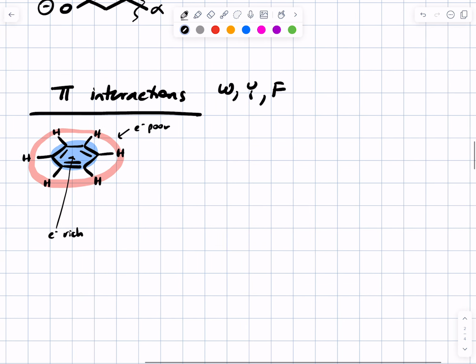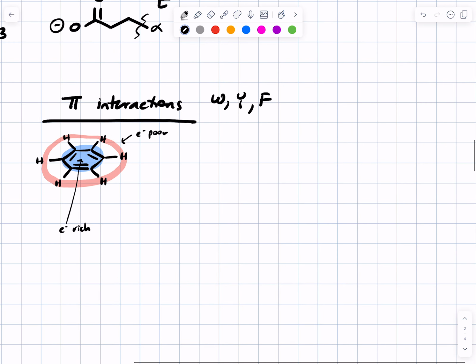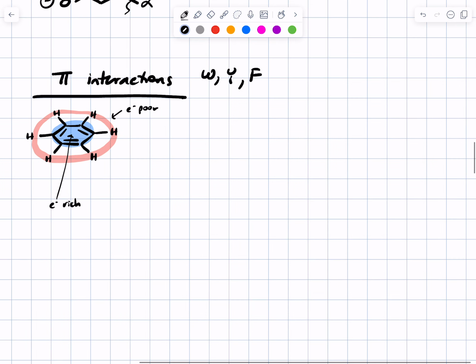And that means that you can no longer think of benzene as being totally nonpolar. It doesn't have a dipole, but you have to think of it as having an electron-rich face. So one of the things that can happen is a cation, say a potassium ion, or perhaps a positively charged